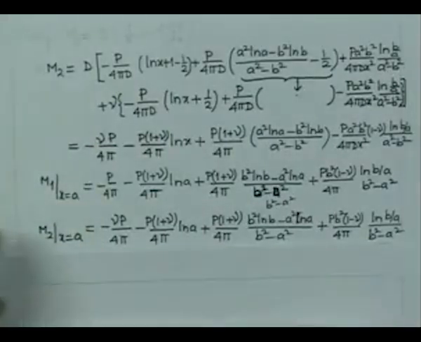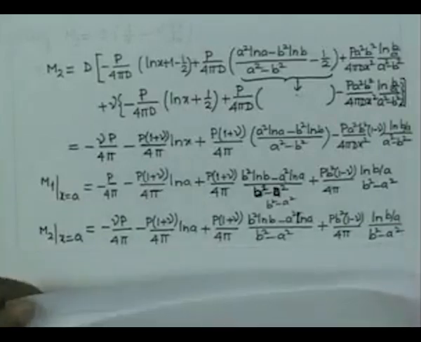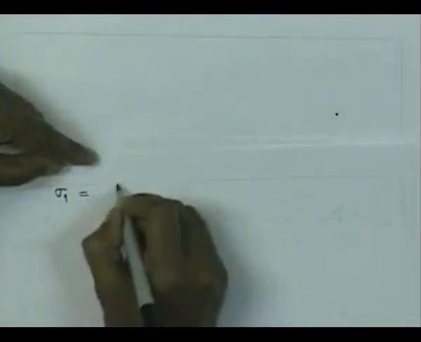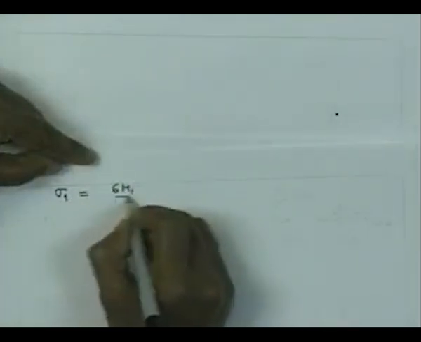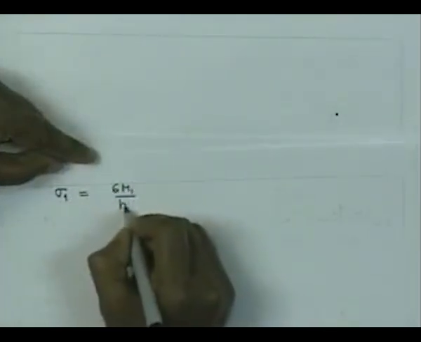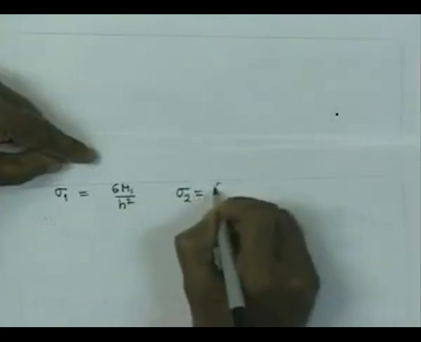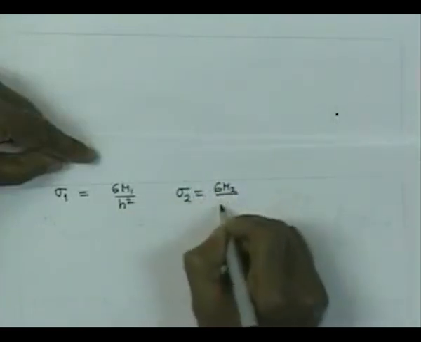Now we can calculate the stresses by using the formula: sigma 1 is given by 6 M1 by h square and sigma 2 will be 6 M2 by